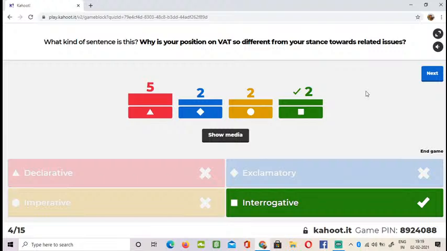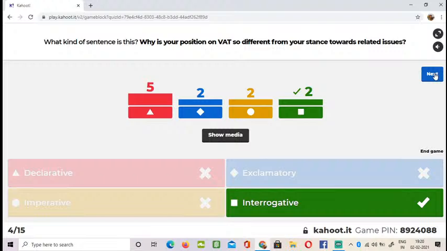Why is it an interrogative sentence? Because it is ending with a question mark. The sentence which always ends with a question mark is asking a question, right? So that's nothing but an interrogative sentence. That's a simple trick. Whenever you see a question mark in a sentence, it's always an interrogative sentence because it's asking you some question. So it's obviously an interrogative sentence. Okay. So I hope you all got it.